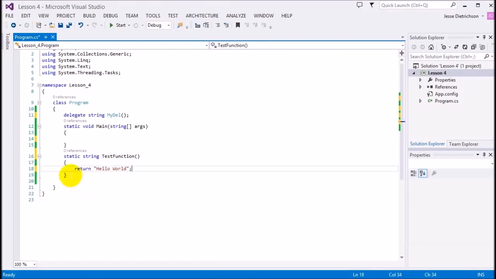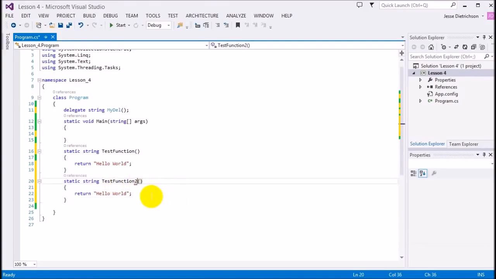And let's make another function. The second function, test function 2, is going to return, I don't know, "bye world." So test function says "hello world" and test function 2 says "bye world." So now if we start our delegate and we say my del